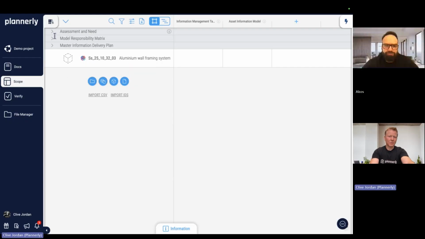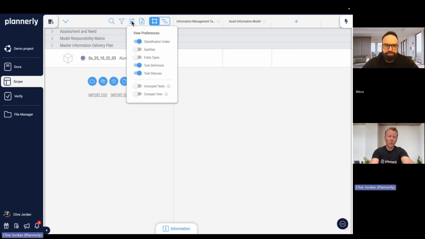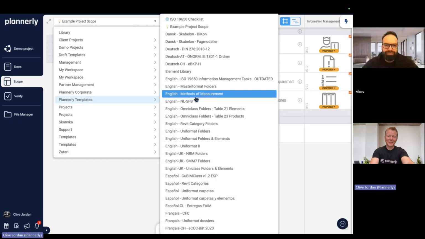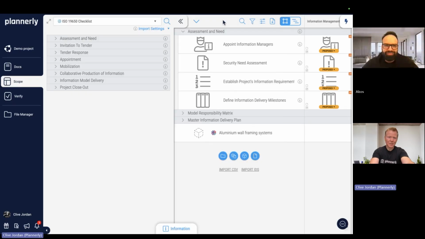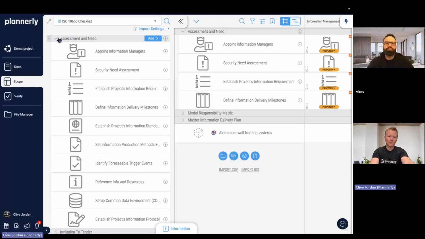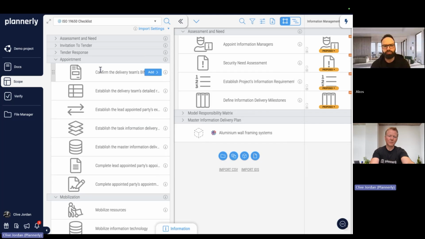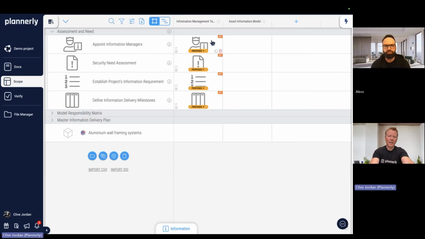We've talked about this, the definition of scopes, a lot, and we've also, in the last webinar, shown you exactly how to get access to this new checklist as well. The checklist for all of the different things that you have to do for managing your compliance to ISO 19650. That's available in the library. So we've automated the checklist as well. It's available as a single checklist, and all of the things that you need to do, from assessment and need to closing out a project, all of these different activities, along with all of the different tasks in each checklist, is available to you. And you can simply drag and drop from my library some parts of it or all of it, and then you get exactly what you see on the screen,